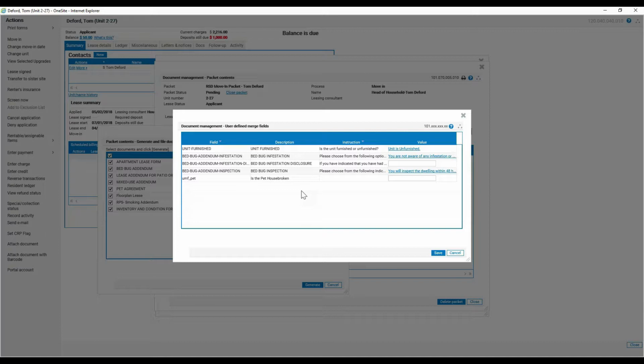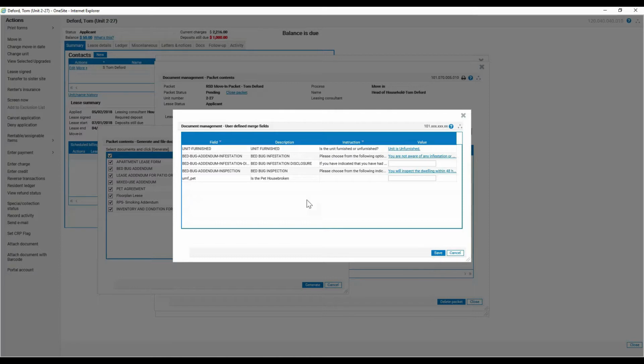But you can see here that prior to me doing anything, most of my answers have been filled out for me. That's because the system is recognizing the common choice answer given the question for you, again doing as much work as it can on its own. In the example of unit furnished or unfurnished, the most common answer is that the unit is unfurnished. 90% of properties only have a handful that may be furnished for a corporate unit, so it defaults to that common value for you. So 90% of the time, you're never having to change that answer, but instead just reviewing to ensure that's true